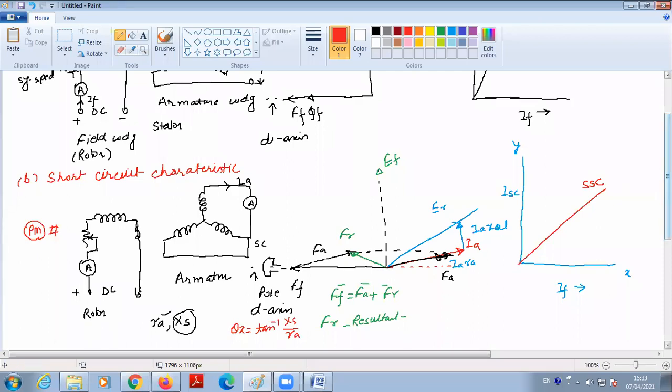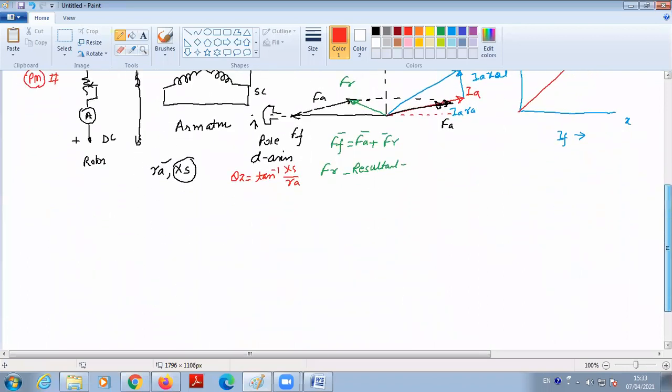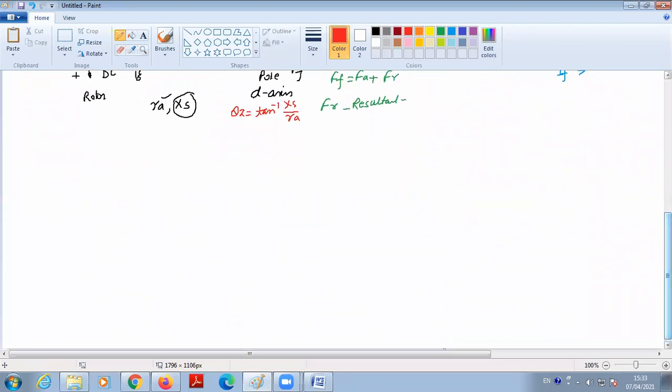Now what would be the vector diagram at any value of current which is lagging at a small power factor, a small lagging angle? So we will try to develop this one again. We will start from the field MMF Ff. It may be represented by the field flux phi f, as it is on the pole axis. We are drawing the pole. Suppose this is the north pole, and the axis of the pole is the direct axis.